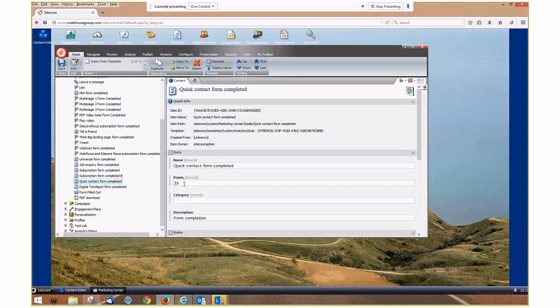So maybe people who fill out a form, we want to put into the CRM system. But then the sales guys ring up and say, hey, everyone filling out forms coming into our sales system, we ring them up and they're just students who are doing it for PhD research. We don't want to ring them. So you could say, well, okay, let's not do anything until they get to 100 points, then we'll put it in the sales system for the sales guy, because they might have done more things that show them that they're